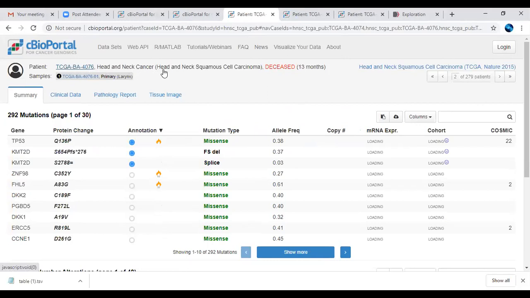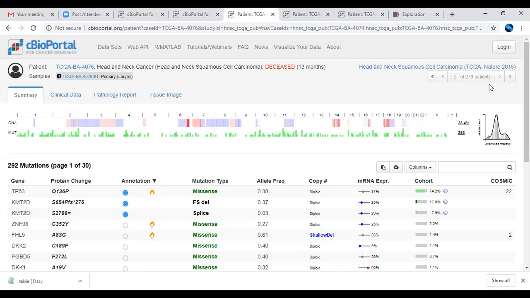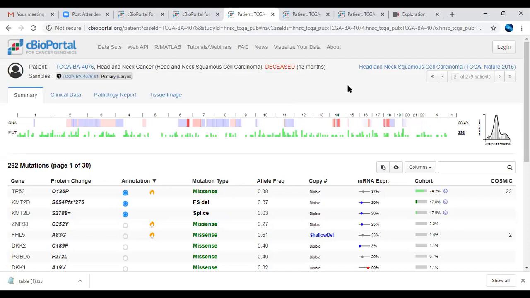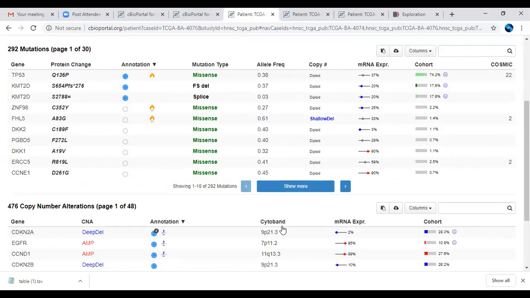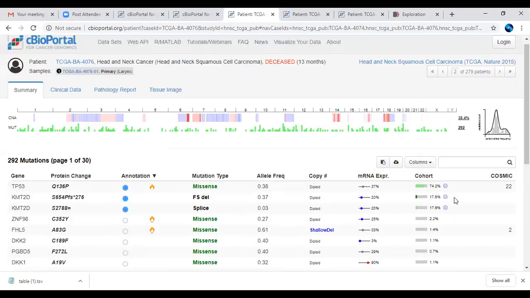If you want to download all the data set with respect to head and neck, all 275 patients, sorry, 79 patients, you can directly download, the option is provided. For visualization, the data sets are mentioned with respect to different patient ID, so based on your interest, you can visualize these particular data sets.